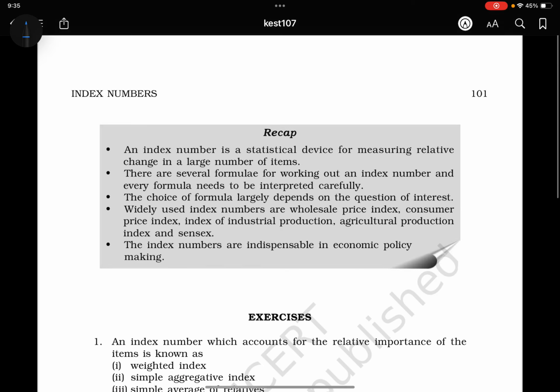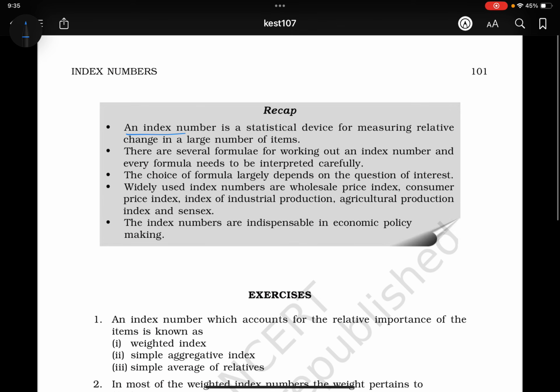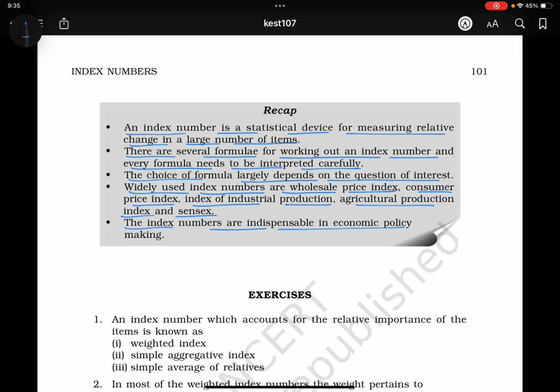Let's come to the recap. An index number is a statistical device for measuring relative change in a large number of items. There are several formulas for working out an index number, and every formula needs to be interpreted carefully. The choice of formula largely depends on the question of interest. Widely used index numbers are wholesale price index, consumer price index, index of industrial production, agricultural production index, and Sensex. The index numbers are indispensable in economic policy